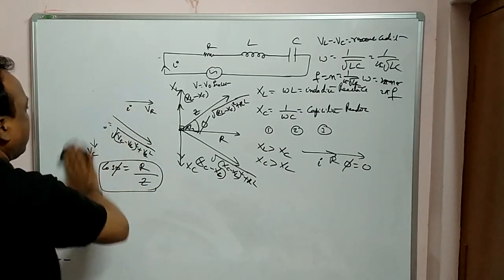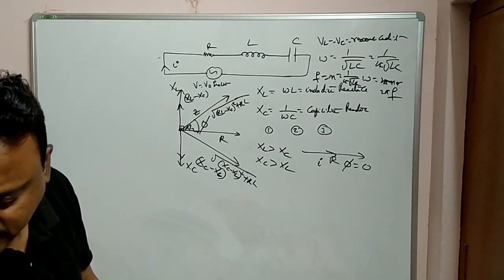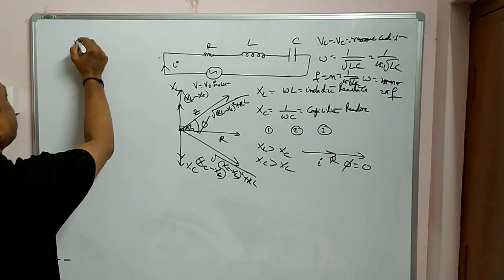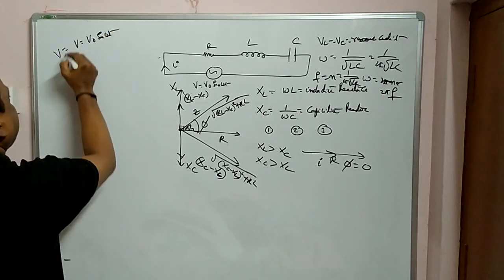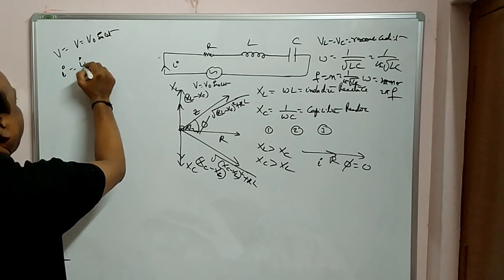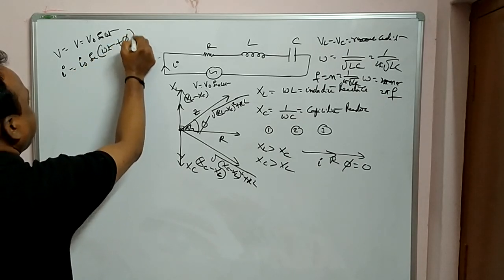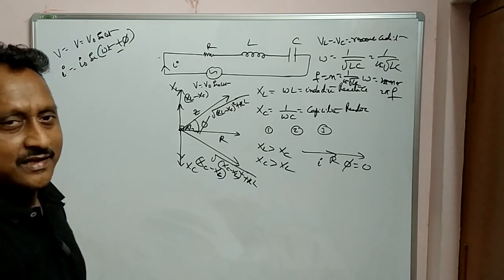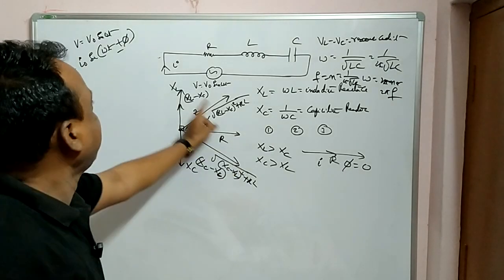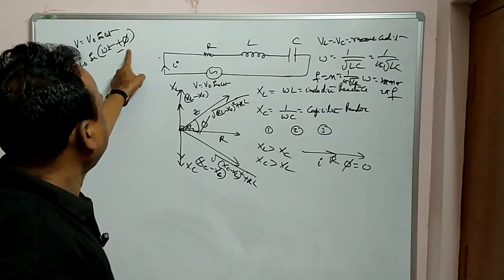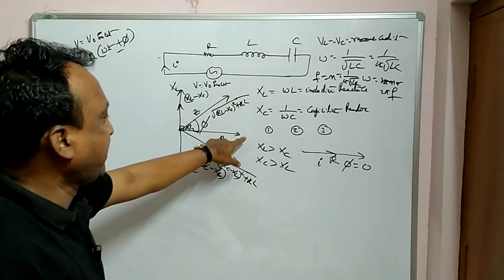Equations kuda maaripotayi meeku, voltage equation and current equation, because of these conditions. Voltage as usual V is equal to V0 sin omega t. What about current? I0 sin (omega t plus or minus phi). Okay, when inductor is there, what happened? Current will be lagging by phi, and when capacitor is there, current will be leading by